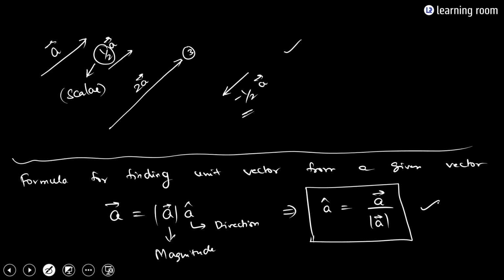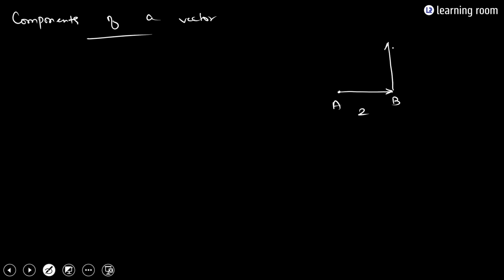This is the formula used to find the unit vector from a given vector. Next is components of a vector. Suppose I have a person walking from A to B to a distance of 2 kilometers and B to C to a distance of 3 kilometers. Then, if I join A to C,